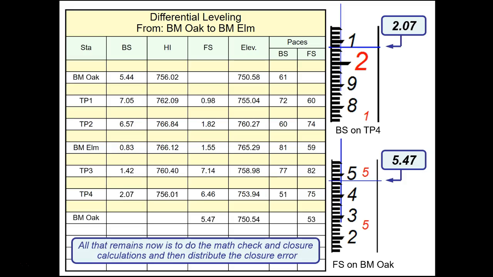Okay, now we're going to do our math check and do some closure calculations and figure out how we're going to distribute that closure error throughout our survey. Because we know that the elm tree nail hasn't moved, that spike is still there, so it hasn't changed elevation. So somewhere in the mix of all this, we have to look at our error, figure out if it's acceptable for the class of survey we're doing, and distribute that error along